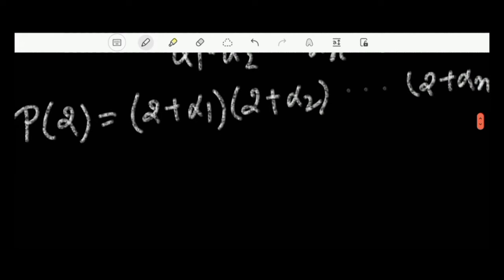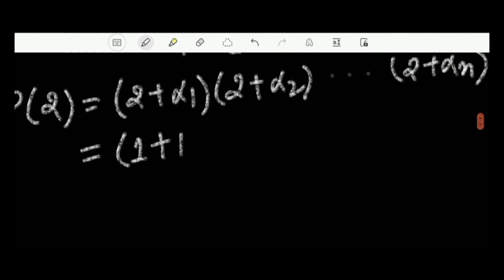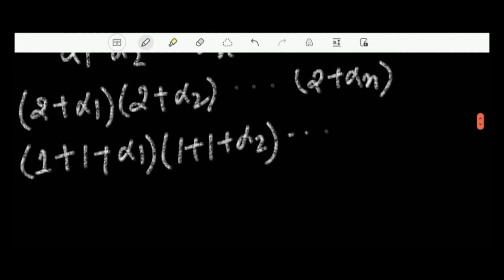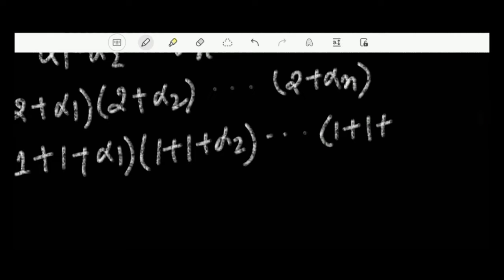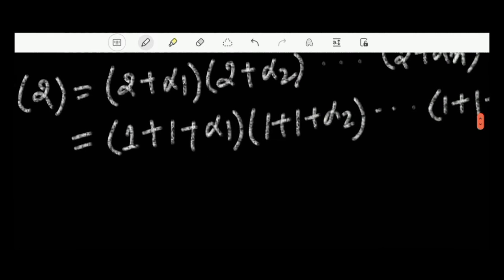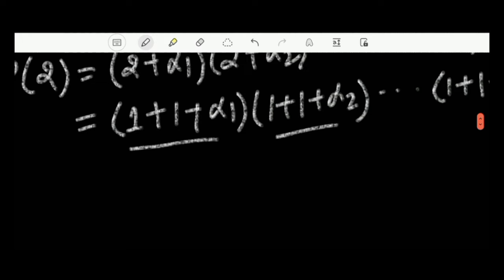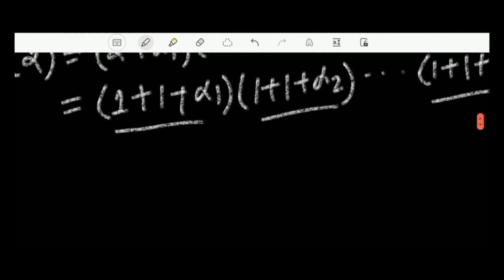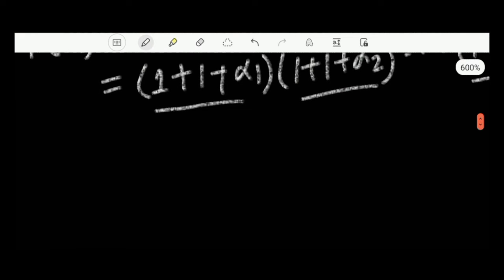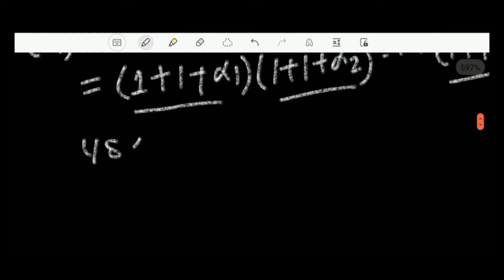And now we can break this 2 in the form 1 plus 1. So this is our next clever step. So we can break our 2 into 1 plus 1: 1 plus 1 plus alpha 1 multiplied by 1 plus 1 plus alpha 2, and it will continue up to 1 plus 1 plus alpha n. And now since we know that in each term we have all three positive quantities, so we can simply use the AM-GM inequality